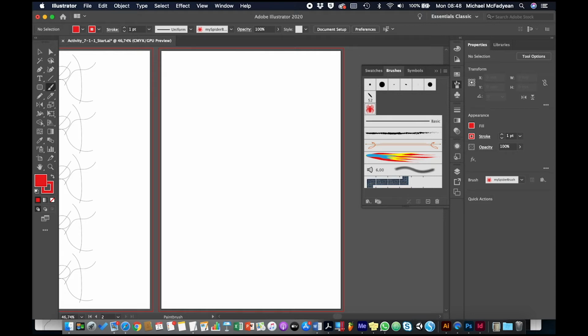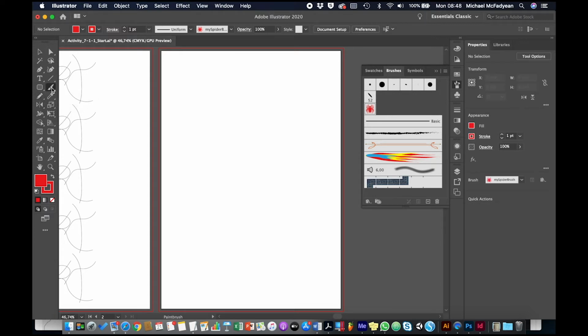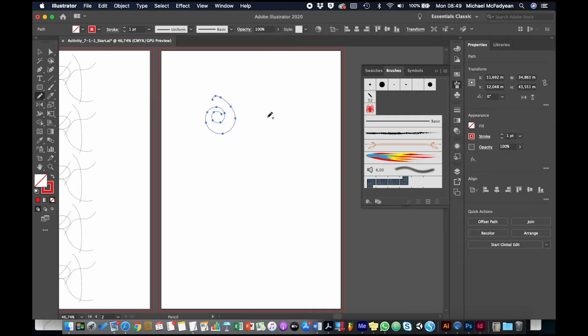Now the next one that we're going to create is a border brush. So we need some artwork for that, same as before. So I'm just going to take my pencil tool. Let's do the pencil tool, and I'm just going to make a spiral like that, and then I'm going to make a sort of zigzaggy shape here. Okay, once again, it doesn't have to be